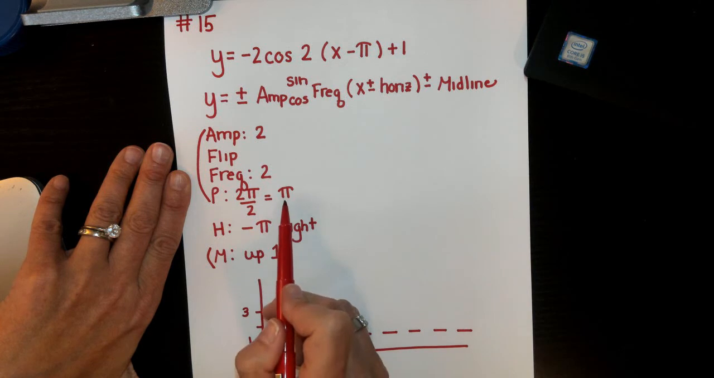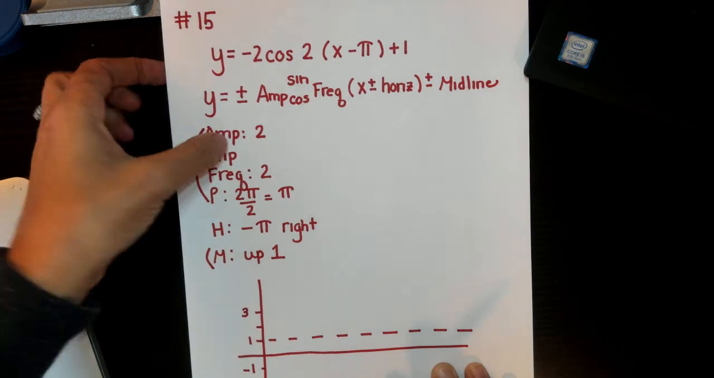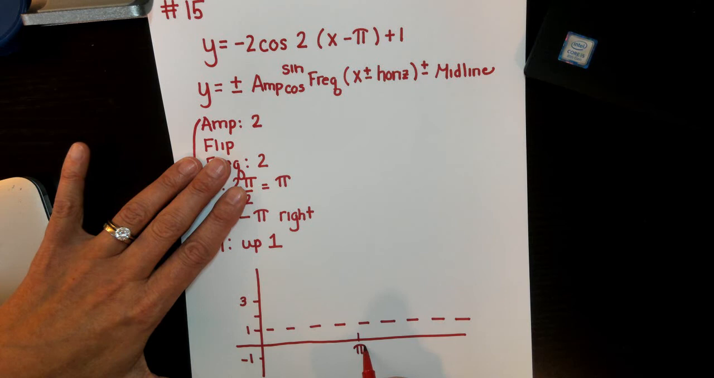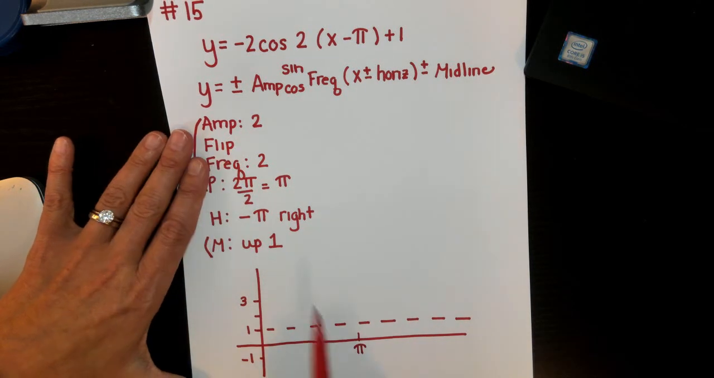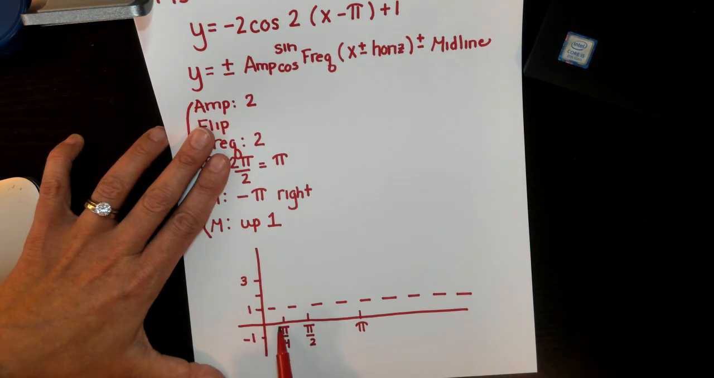My period is pi. That means from the beginning of my graph to the end of one cycle is pi units. So I'm going to put that right here. Being careful because I know I need to shift everything over another pi units. Cut in half. Half a pi is pi over 2. Half of pi over 2 is pi over 4. Remember, you just multiply the denominator times 2. Now that's 1 pi over 4, 2 pi over 4, 3 pi over 4,